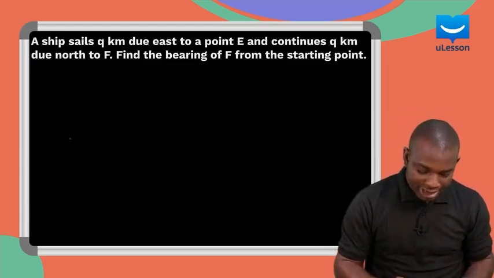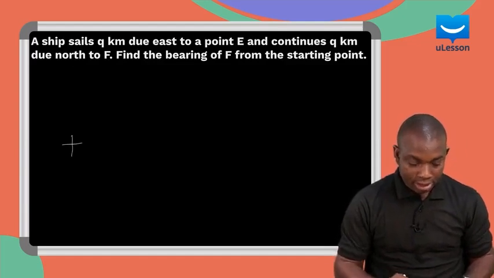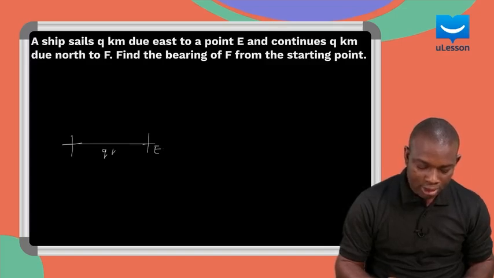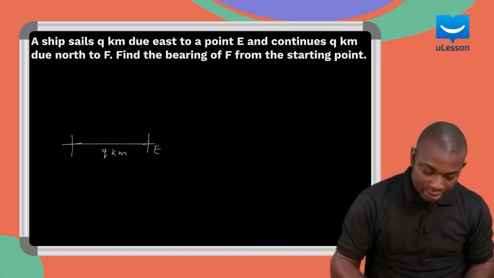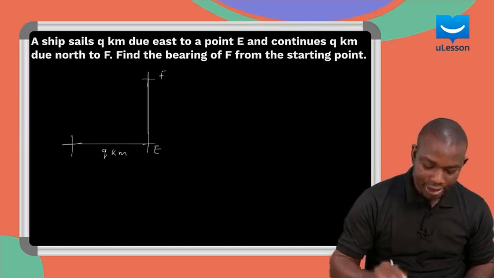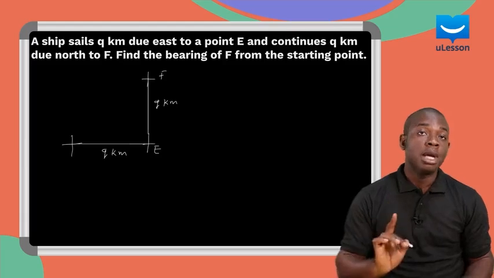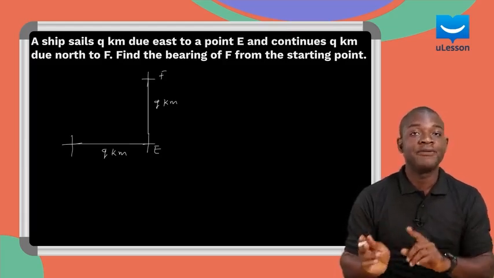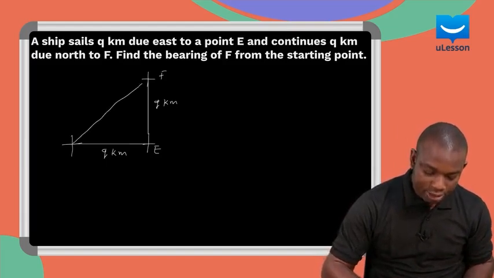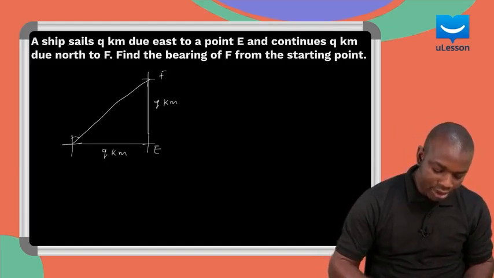So, if this is our starting point, then due east to E will give us this new location, and the distance is Q kilometers. Again, due north to point F gives us this point, and the distance is also Q kilometers. Now the question says we should find the bearing of F from the starting point. That means if we draw a line from the starting point to point F, this angle is what we are